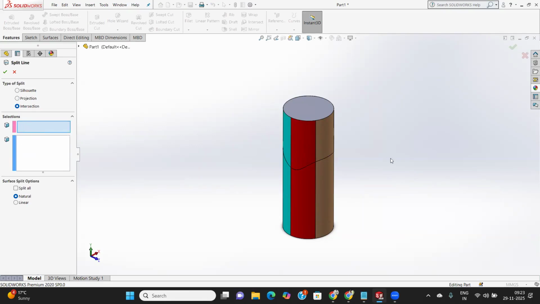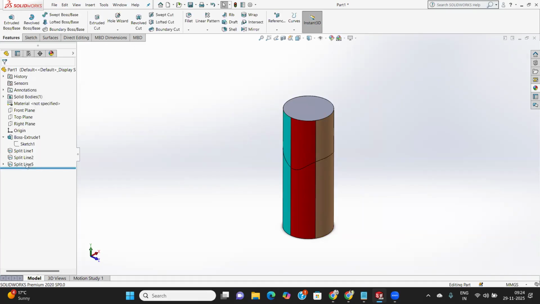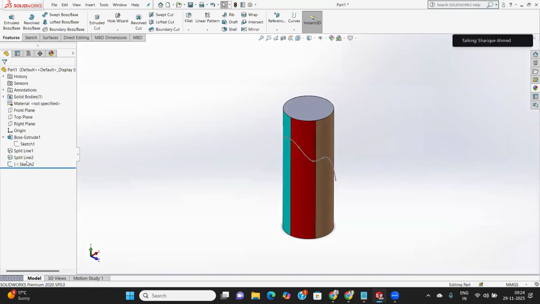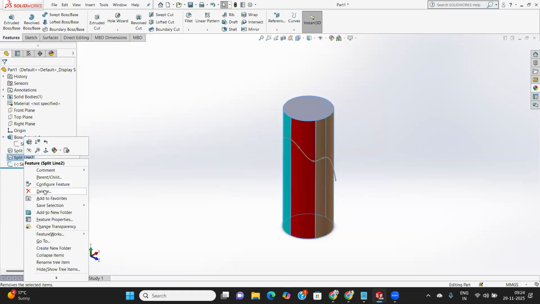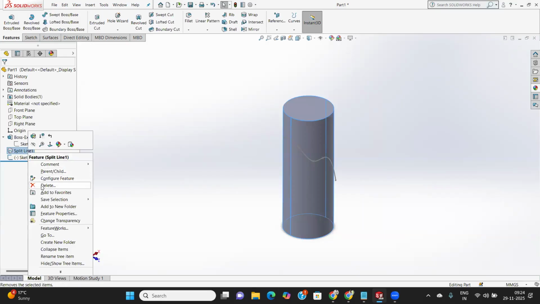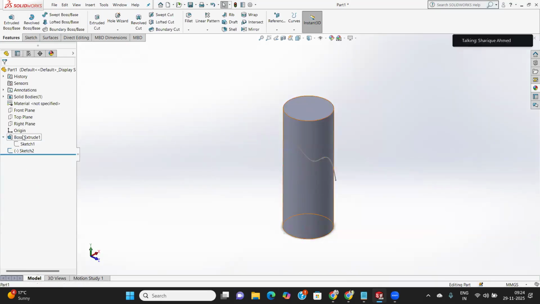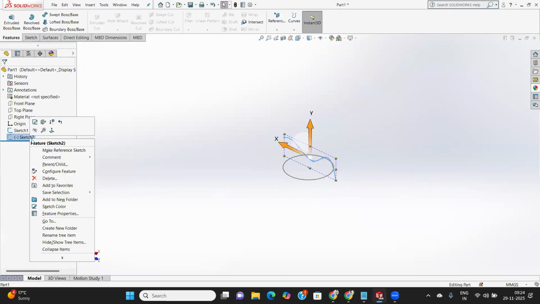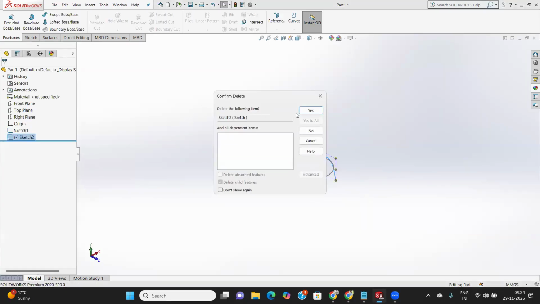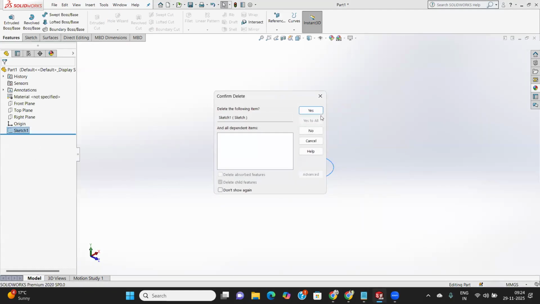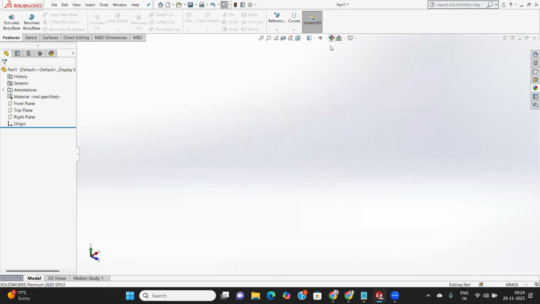If you want to split it using the face bodies, suppose I delete this because I don't need it here. I delete this one also, and I just split the part. I delete all the parts right here, I don't need them. Delete this actual part also, and then delete this sketch, and delete this sketch also. And after that, one thing I do,